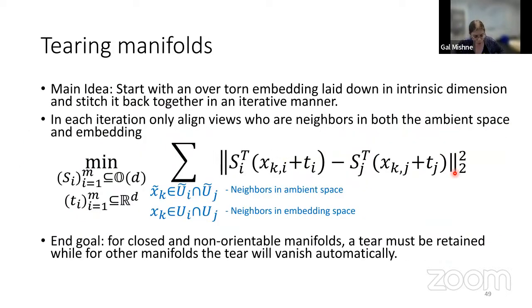So let's see how we solve this problem. The idea that we have is that we start out with what we call an over-torn embedding. So we're going to use a tree representation in order to lay out all of our local views. And then we're going to stitch our views back together in an iterative manner. So we're iteratively going to align views to each other, but we only align views who are neighbors in both the ambient space and in the embedding space. And I'll show you what that means on the next slide. What we end up with is that for closed and also non-orientable manifolds like the Klein bottle, a tear will be retained. So we'll be able to rip the manifold apart and lay it out flat, as for example, embedding the Earth into a two-dimensional map. While for other manifolds that, for example, have a boundary, the tear will vanish automatically